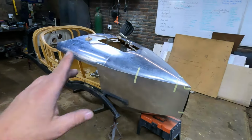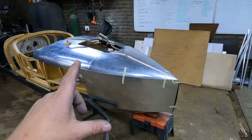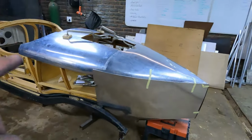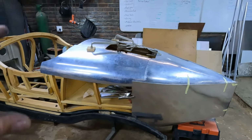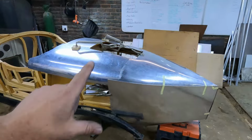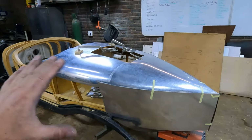Alrighty guys, time for a bit of an update. We've now finished making a handful of panels, and I gotta tell you, it's really starting to take shape. It is looking like a boat tail. Now the next step, guys, is that I'm gonna continue making some more panels to finish off this back end,